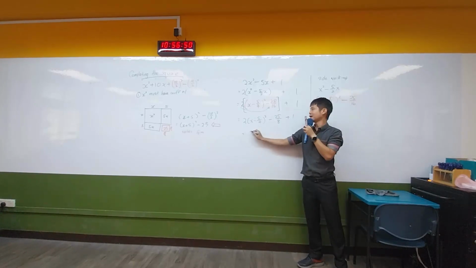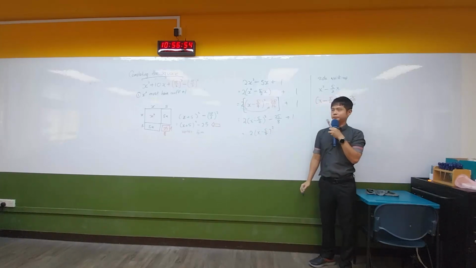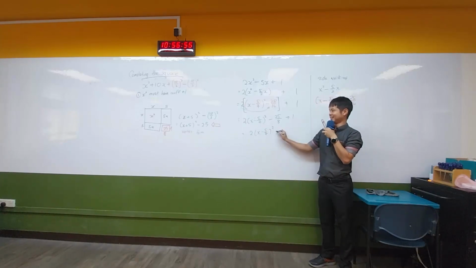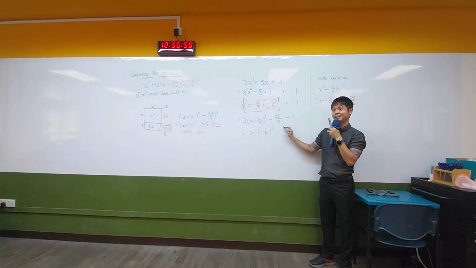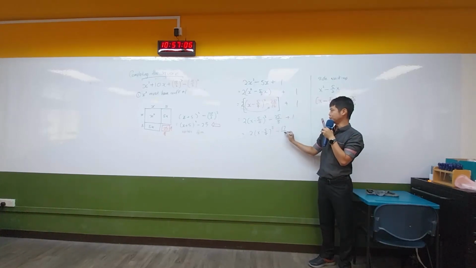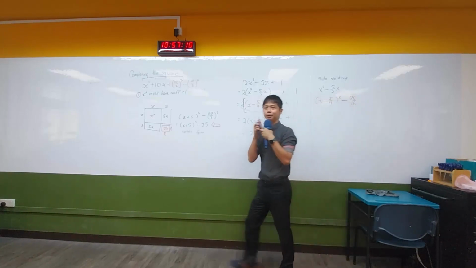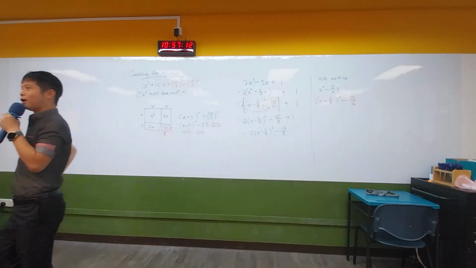Okay, now is your calculator time. Can somebody tell me what's the final constant towards the end? Correct. 25/8 minus 8/8, so that is 17/8. Okay, so that's how we complete the square. Yeah, we are done. Okay, so before we go, everybody